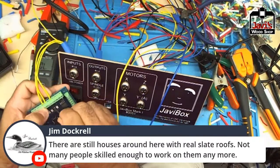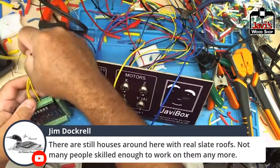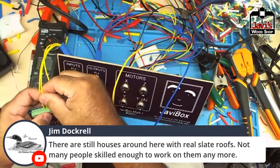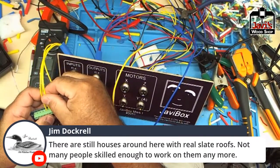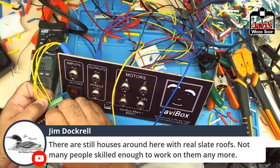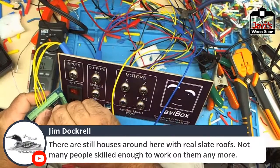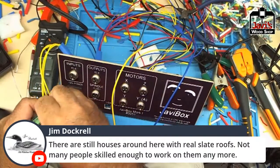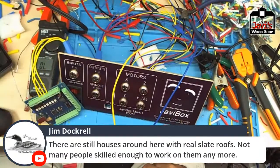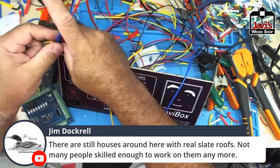It's been a long time since I've done a slate roof, a long time. Used to do them with my dad, and it's not that it's hard. Well, I guess it takes a certain amount of skill, but it's time consuming, is what it is. Very time consuming, at least for me. I guess if you have a skill, then a lot less time consuming. But anyway,